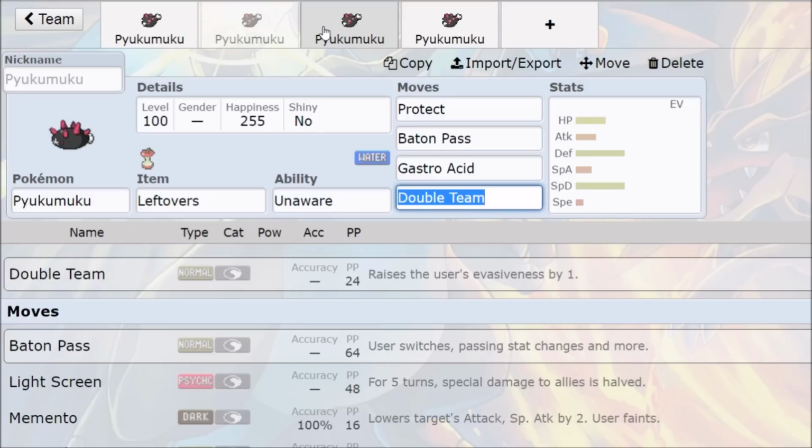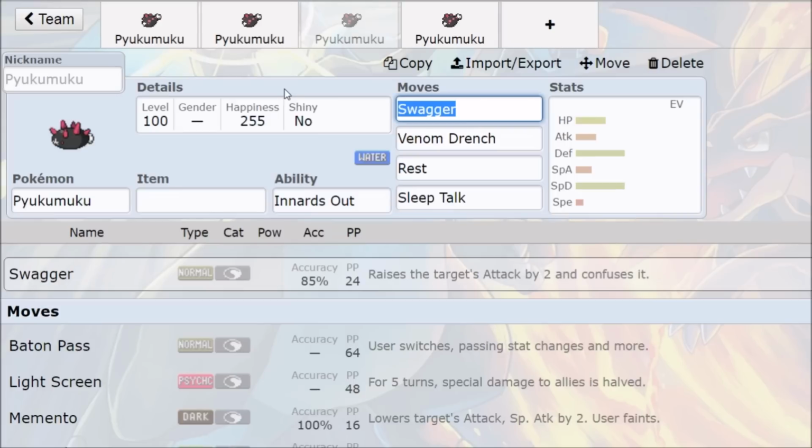So Pyukumuku is like the most beautiful thing to me, because we had that Fan Fridays a while ago where it was like an all status team, an all status sweep. Well, Pyukumuku is actually the embodiment of that. It's a Pokemon that lives to be an all status sweeper, and I play those games. I play, you know, crazy gambles, crazy setup, and Pyukumuku becomes all of that. So yeah, we have the Swagger, we have Venom Drench,